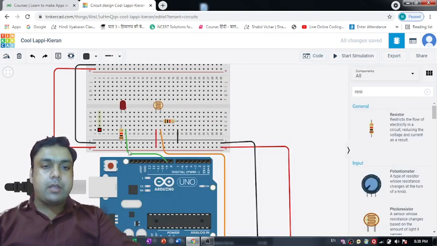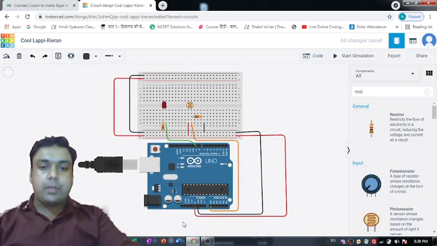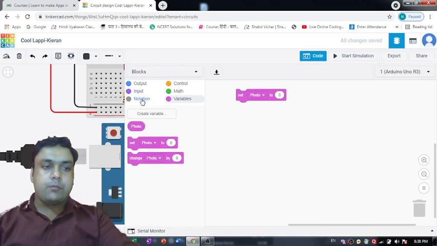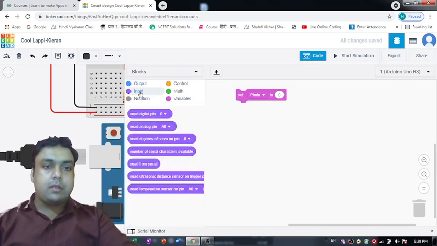And because we have connected it to this analog pin A0, as you guys know very well, we have connected the terminal 2 of this photoresistor to analog pin A0. So we can simply use this pin. We can simply read the analog pin A0, right? And after this, we can,